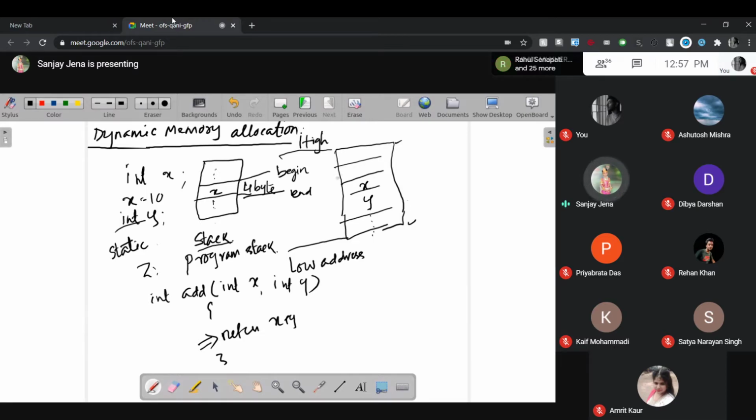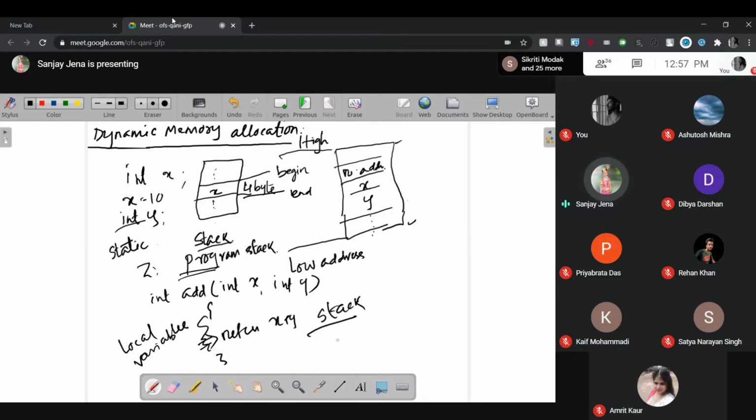Somewhere the return address will be stored. All other variables that you are using are local variables. All local variables are put into the stack, and the exact name of the stack is called program stack.